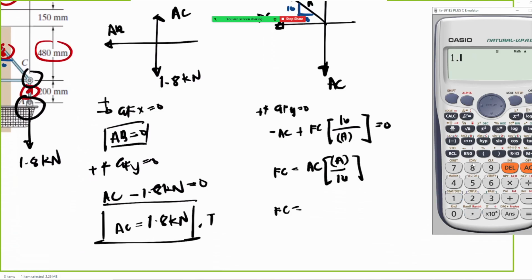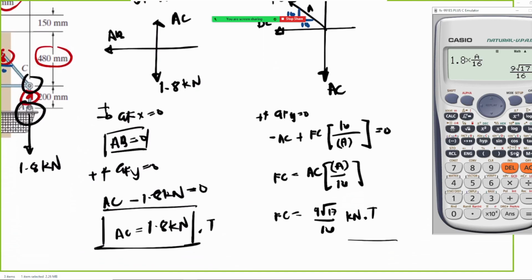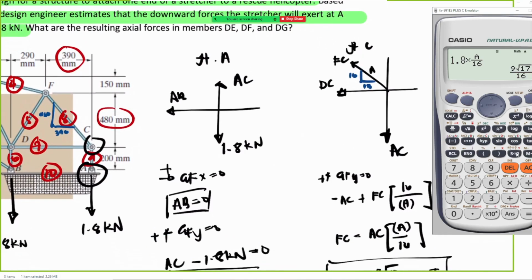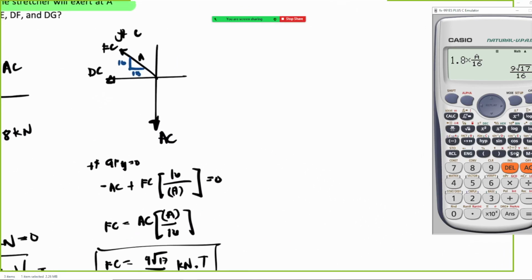Okay? So, FC is equal to what? So, 1.8 times stored A over 16. Okay? That is 9 square root of 17 over 16 kilonewton and tension. Okay? That is our FC. Next is our DC. Okay? So, member DC,